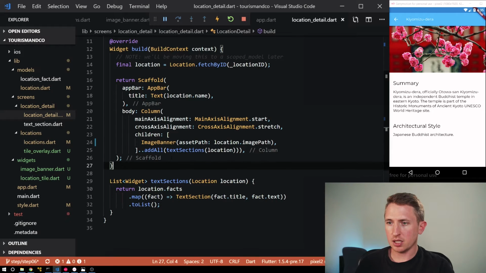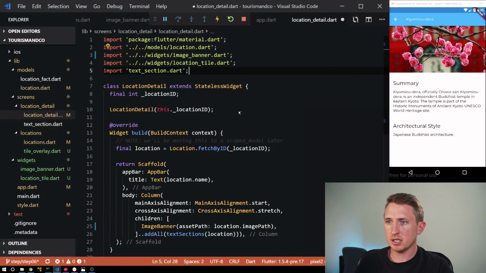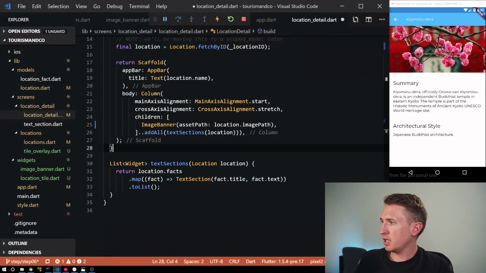What we haven't done is implement the actual location tile. So right now we just have an image banner and we've added a bunch of text sections, and we did this in a previous lesson. So let's go and implement use our location tile. So update our imports. And then we can say here,